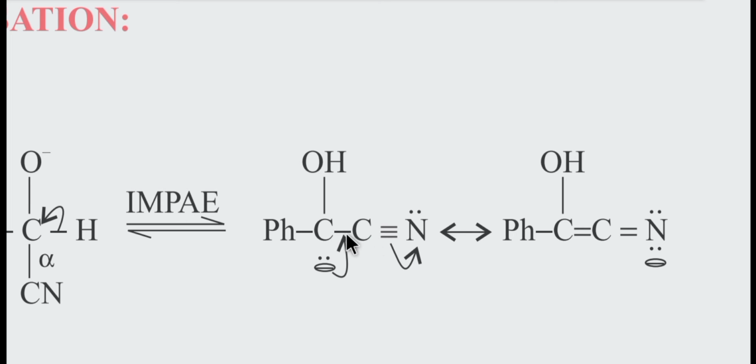After that double bond, this carbon has already completed its covalency, its valency, because four bonds are already bonded. So one bond between carbon and nitrogen will be broken. Due to this lone pair or negative charge, a double bond is produced here. This one bond will shift toward nitrogen, and nitrogen will get a negative charge. So the double bond will remain like that.